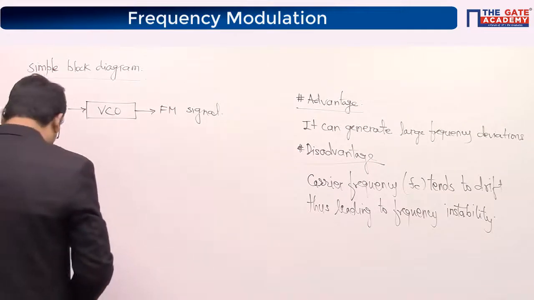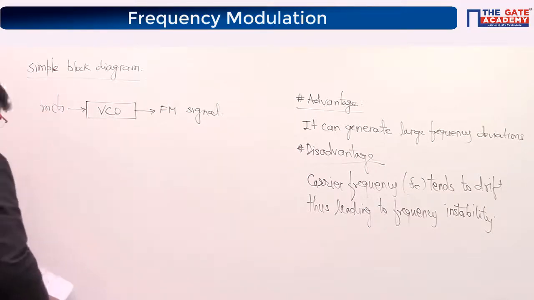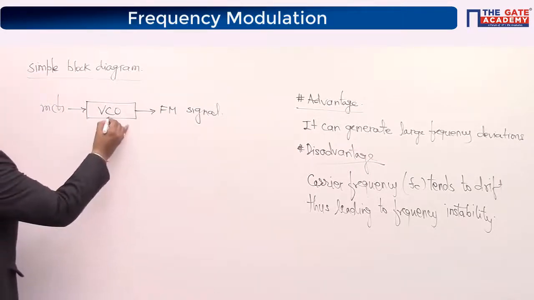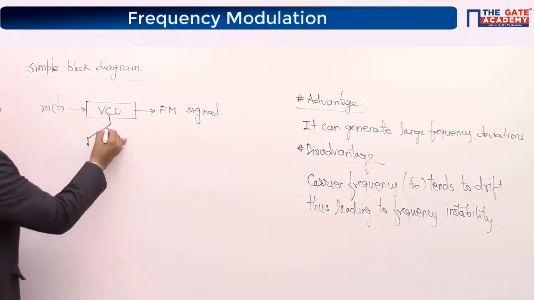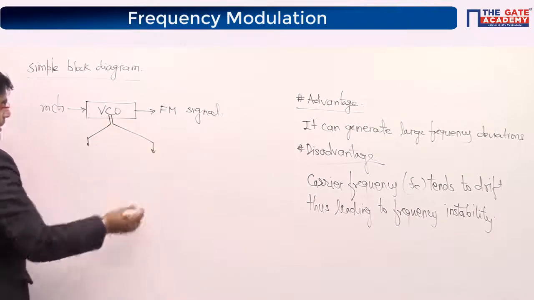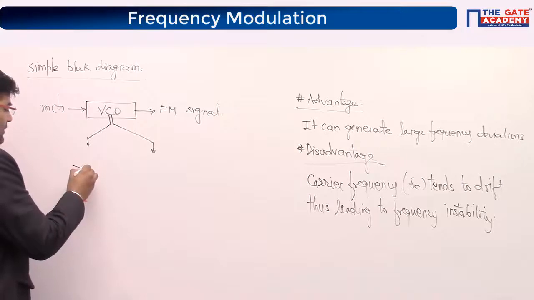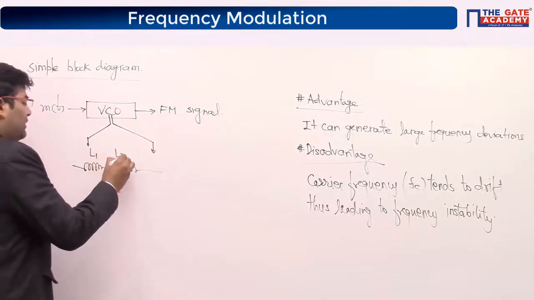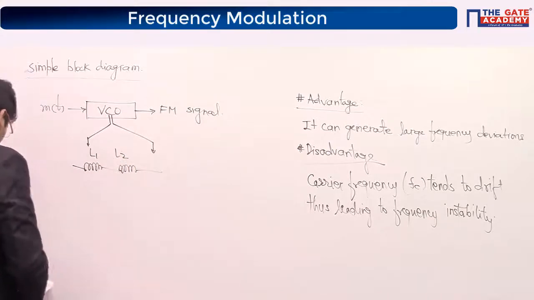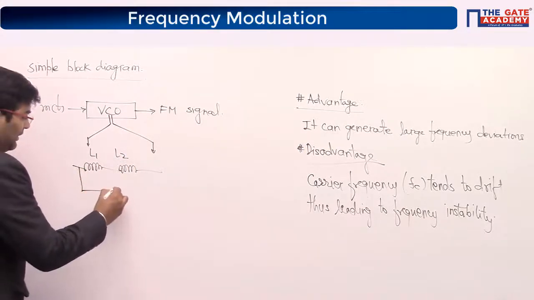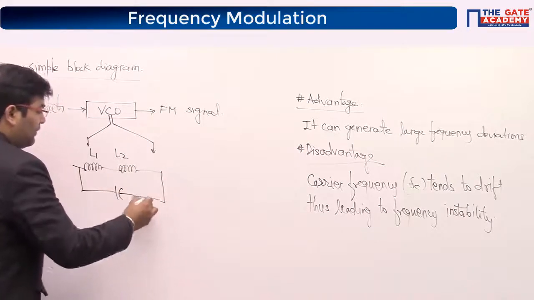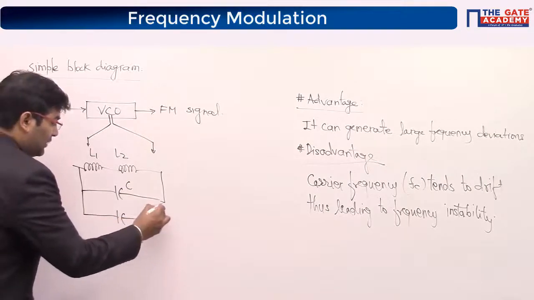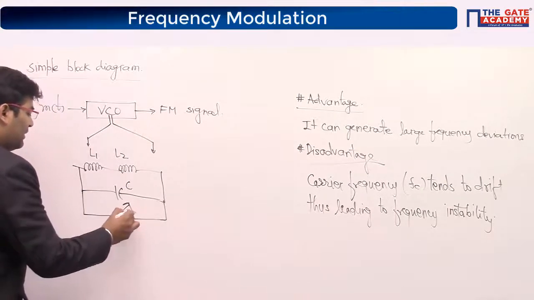So guys, how can you design this voltage controlled oscillator? If I try to break it up, it is something like this. You have a series of inductors, L1, L2. I'm entering a little bit into analog integrated circuits. Then you have a capacitor C, and one more capacitor which is known as a variable capacitor.